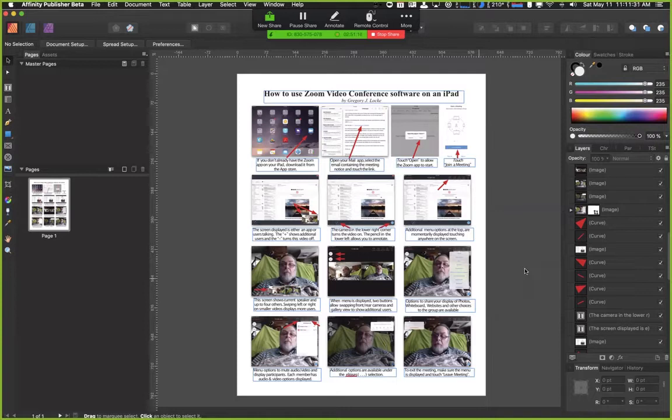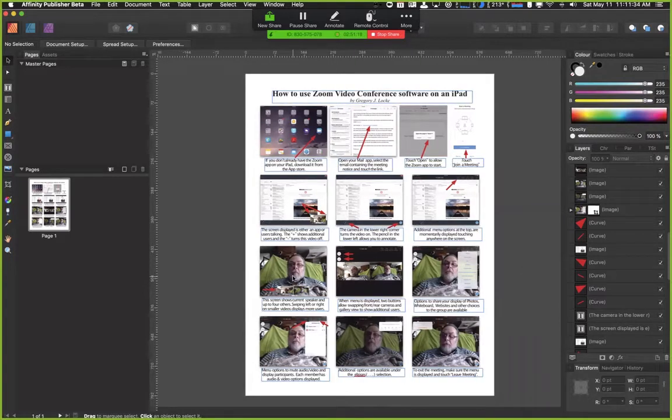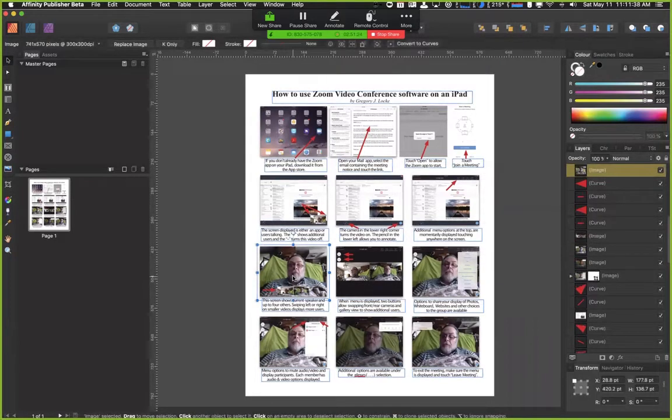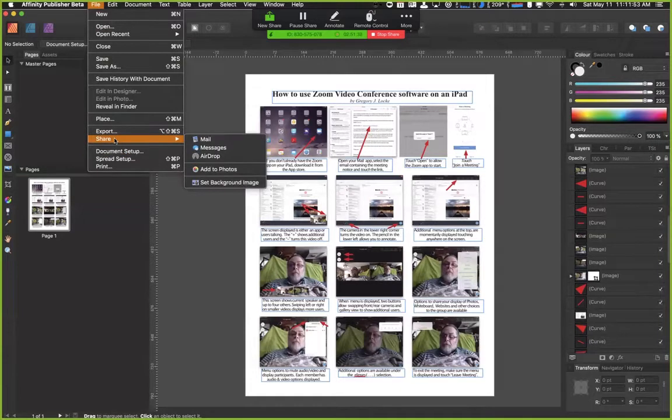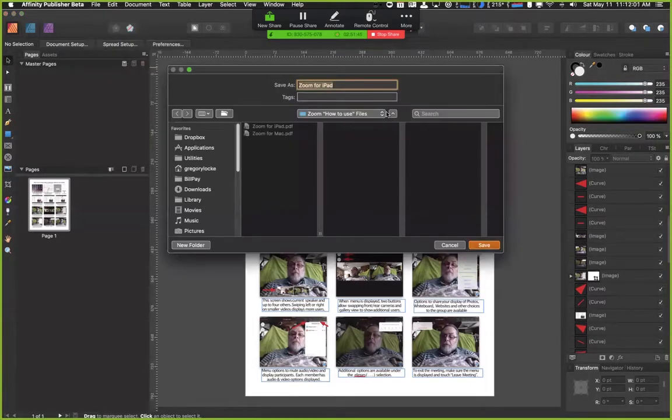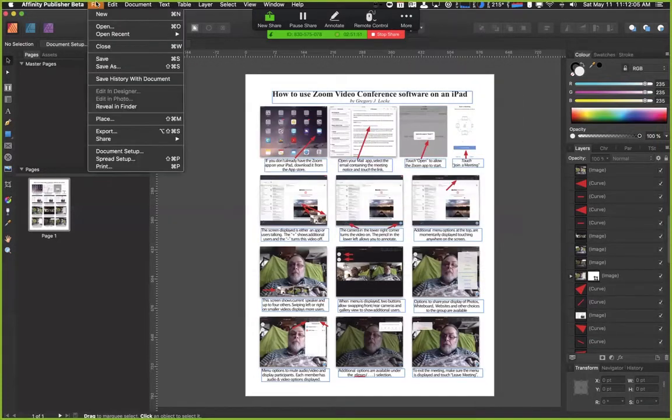So as an example, these were screen captures. They would have been, let's say, half a gig apiece, but at this size here they only need to be a couple hundred K apiece. Inside of InDesign, these were linked images. And then when I went to save it as a PDF, let's see what the options are here. For save as, it's staying in its own native format, which makes sense. So when I go to export this,